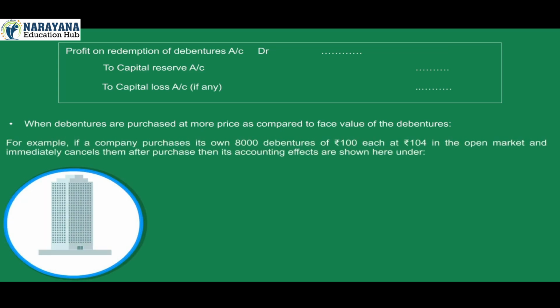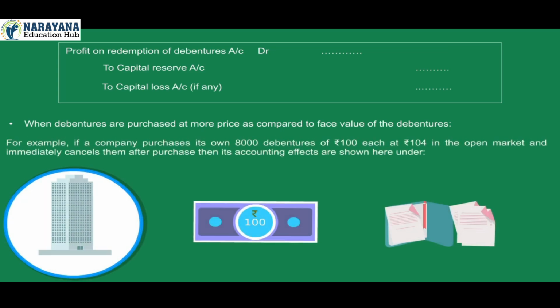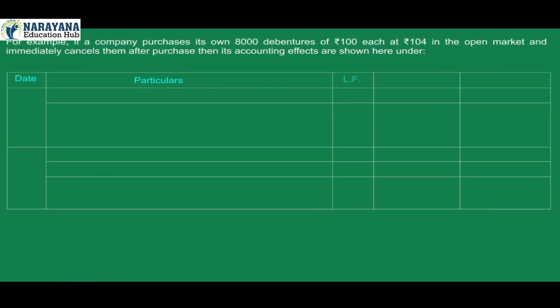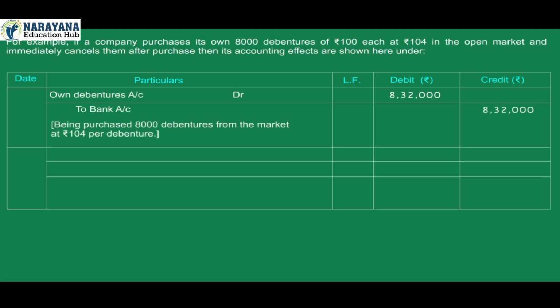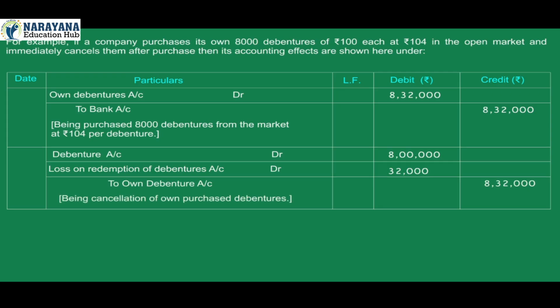For example, if a company purchases its own 8,000 debentures of Rs 100 each at Rs 104 in the open market and immediately cancels them after purchase, then its accounting effects are shown hereunder: date, particulars, ledger folio number, debit, credit. Own debentures account debit 8,32,000 to bank account credit 8,32,000, being purchased 8,000 debentures from the market at Rs 104 per debenture. Debenture account debit 8 lakh. Loss on redemption of debentures account debit 32,000 to own debentures account credit 8,32,000, being cancellation of